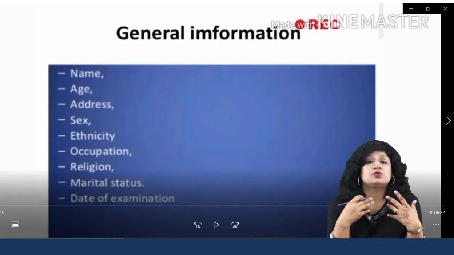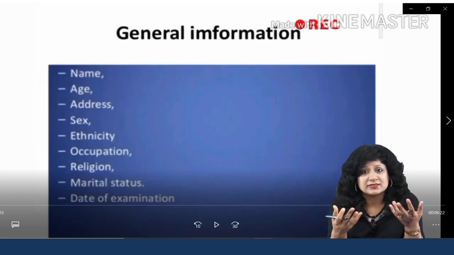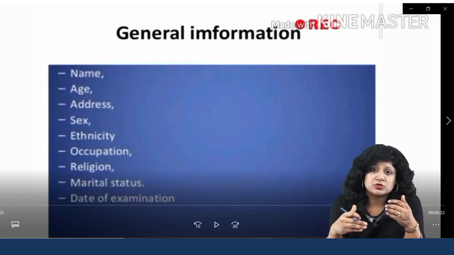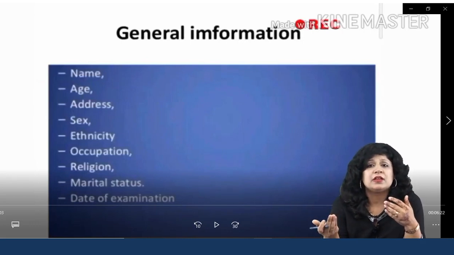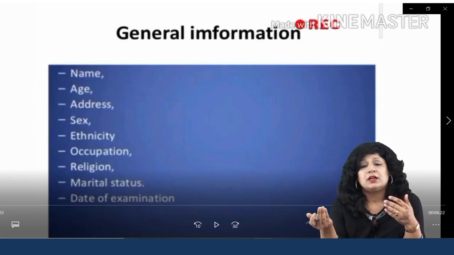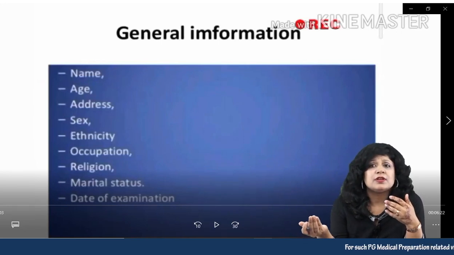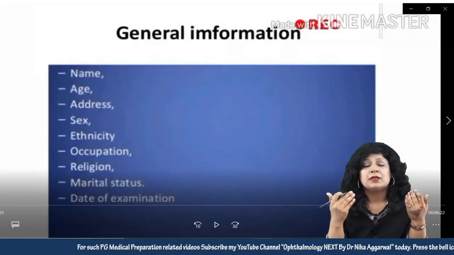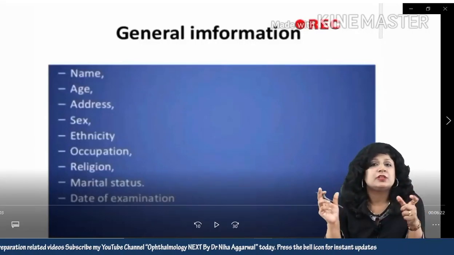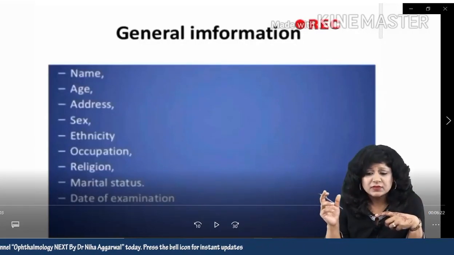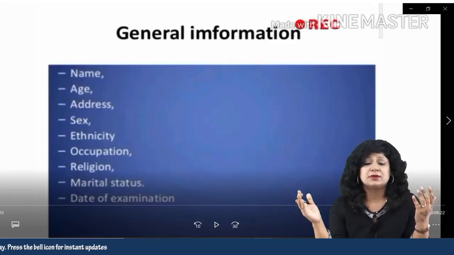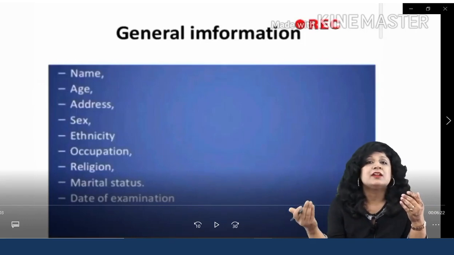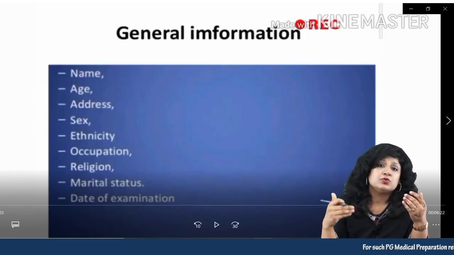Then you also come to know about her socioeconomic status. Obviously we have to look at the affordability range of the patient also, especially when we give her a choice for choosing the type of intraocular lenses. So there is no one thing which I say that it is the best. The best is actually a very hypothetical word that we get in the books, but the best may not be the best for this patient. She may not be able to afford it, and there are so many things. So you should get to know that also.